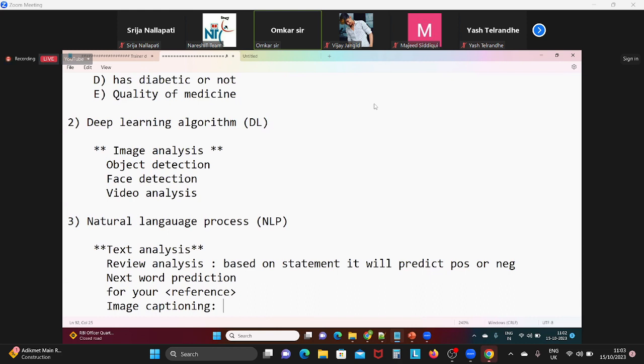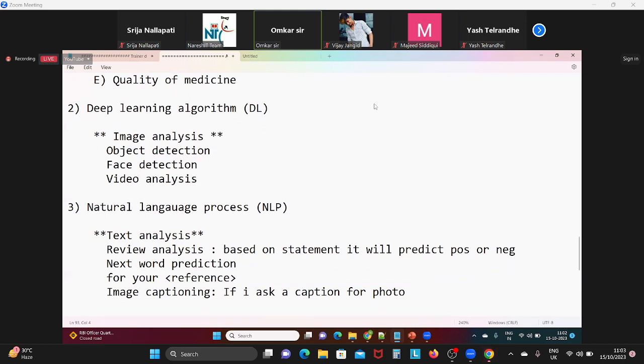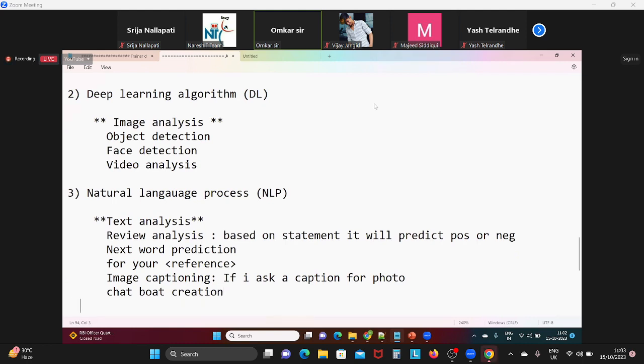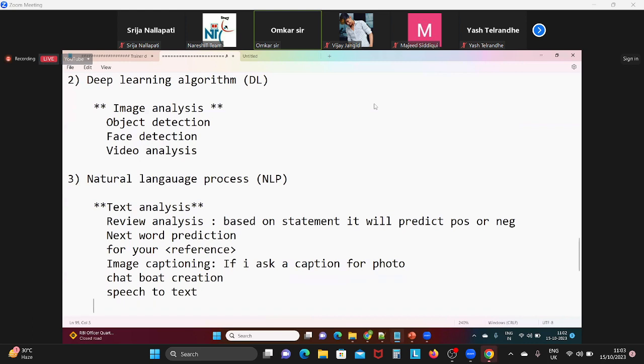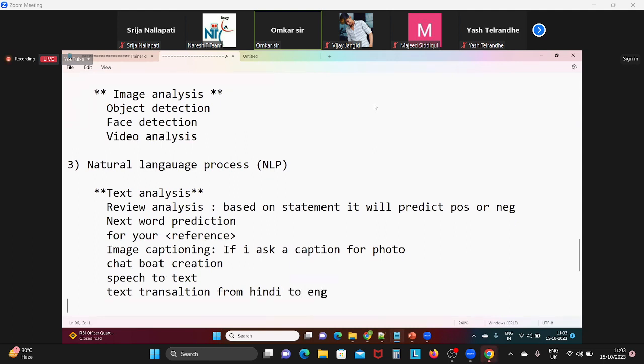If I ask for a caption for a photo, it will give that as a statement. And that is called chatbot creation, speech to text analytics, or text translation, language translation. Suppose I want a text translation from Hindi to English, that is called language translation, where so many things related to text are called natural